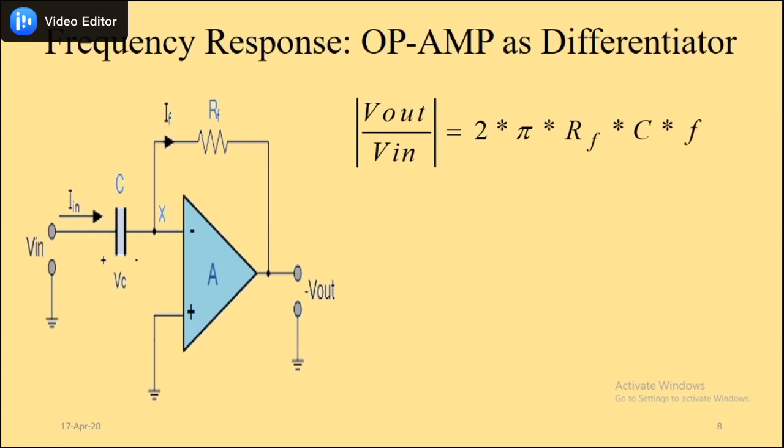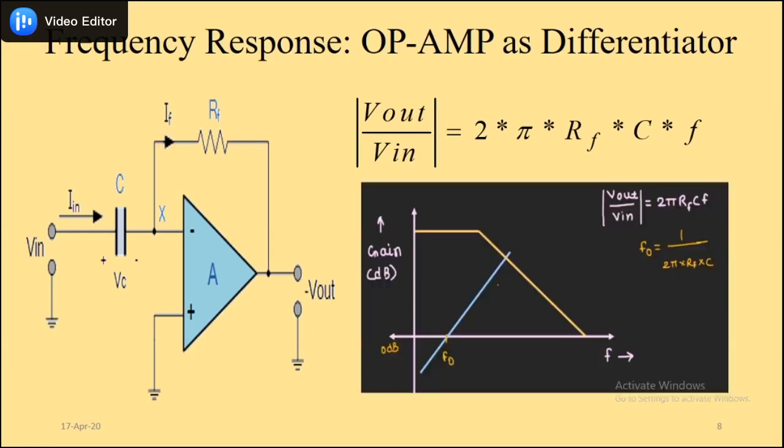This Vout by Vin, which is the overall gain, is increasing. So there has to be a limit to it, because if F is increasing by a large number, your device cannot handle this much gain, because 10 to the power 6 is the limit for any practical op-amp. Okay, so what will happen? On the high frequency side, there will be huge gain, which will create distortion in the output side. So we have to deal with it very carefully.